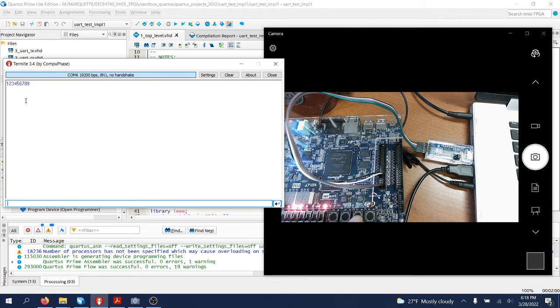So you will see then here in my terminal, as I press key 1, the data that I sent is incremented and sent back. If I press key 1 once, you'll see here I received back 2. If I keep pressing key 1, you will see that I'm getting back 3, which is the second number that I sent, incremented, and so on. Now I have sent back to the host PC from the FPGA the 8, which is incremented, and the next one would be 9 that is incremented. Remember, here we're talking about ASCII codes that are incremented. So if I send back 9, you'll see here